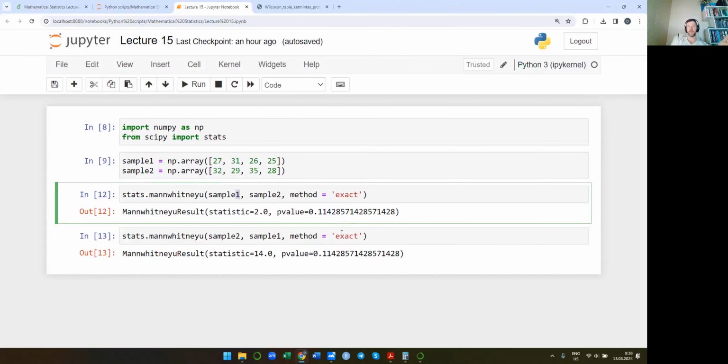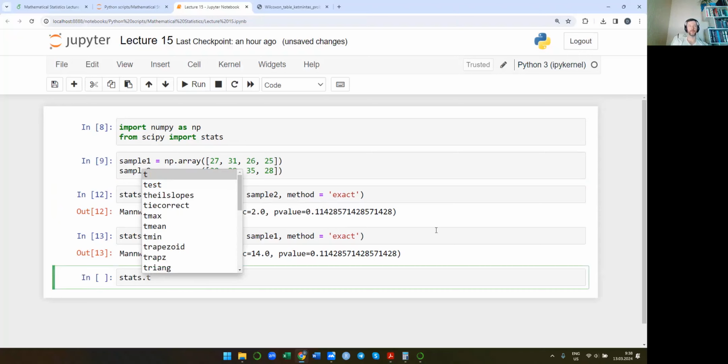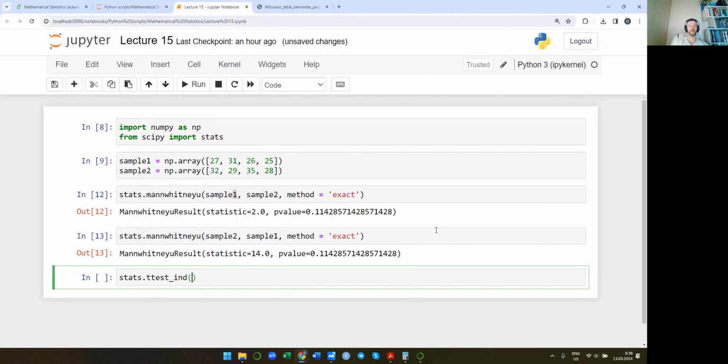Well, this is how you can implement Mann-Whitney tests in Python, no matter how large your sample is. Now it is going to be very, very simple, just one line, and with one line, you have the result of this test. Well, basically, we can try also, there should be some t-test, I guess. Yeah. If you put here the t-test,